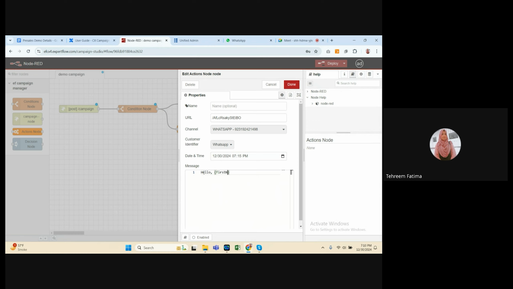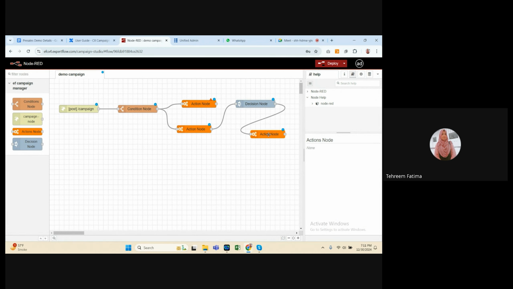You can add the placeholders as well. So this is how the actual flow is designed.